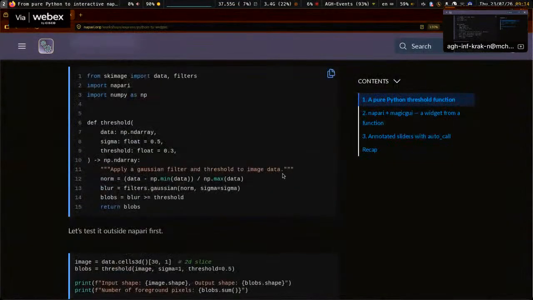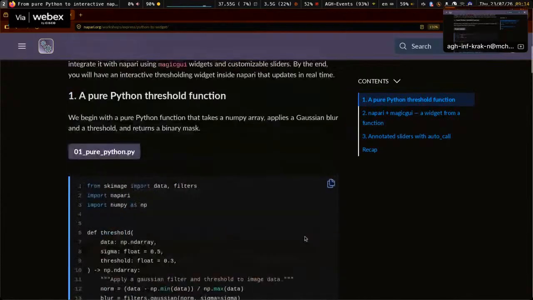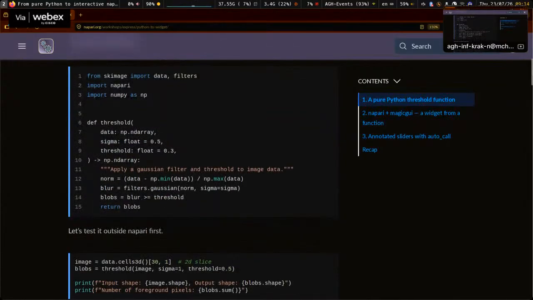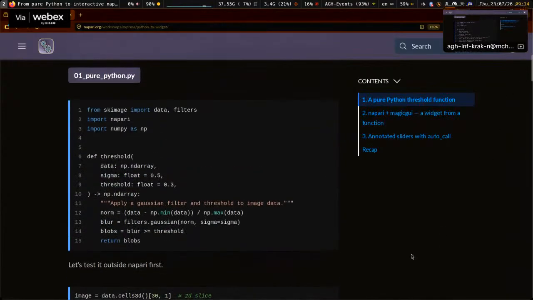Okay, unfortunately, the screen is not mirrored, so I have to look all the way there to make things work. All right, so